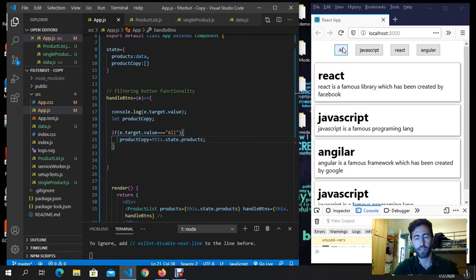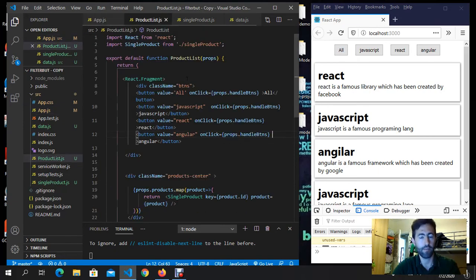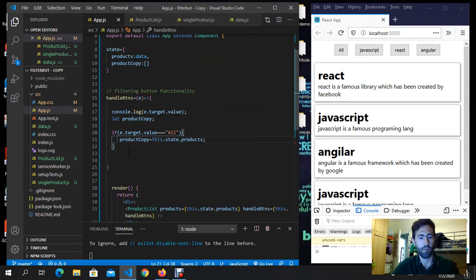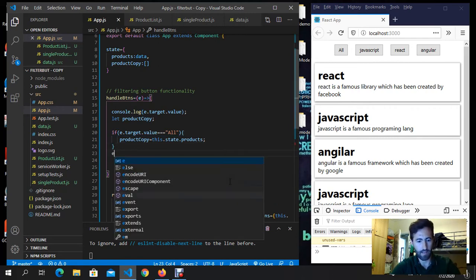If we push, you can see here with product list, we got all. Look here, we got the value of all. It's all, really. What is going to happen? We want to take all the initial things, the data, all the things. Else